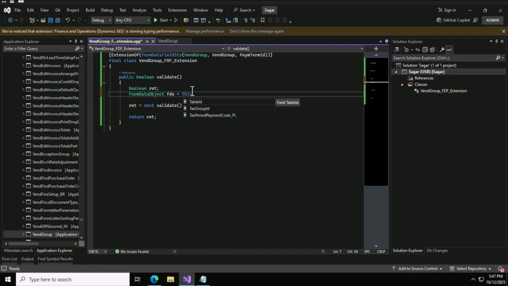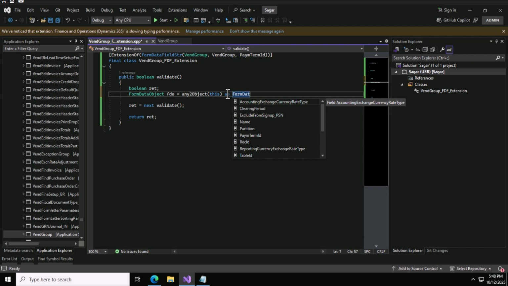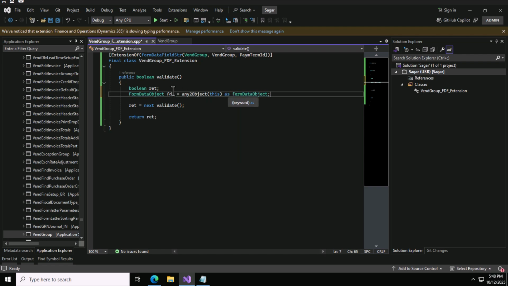but we'll typecast and decorate this. So we are going to use a function called any2Object. I will put this inside this, and I will say as form data object. Very close. Now we have our form data object with us. Now from our form data object we could get the data source. So I will simply use,